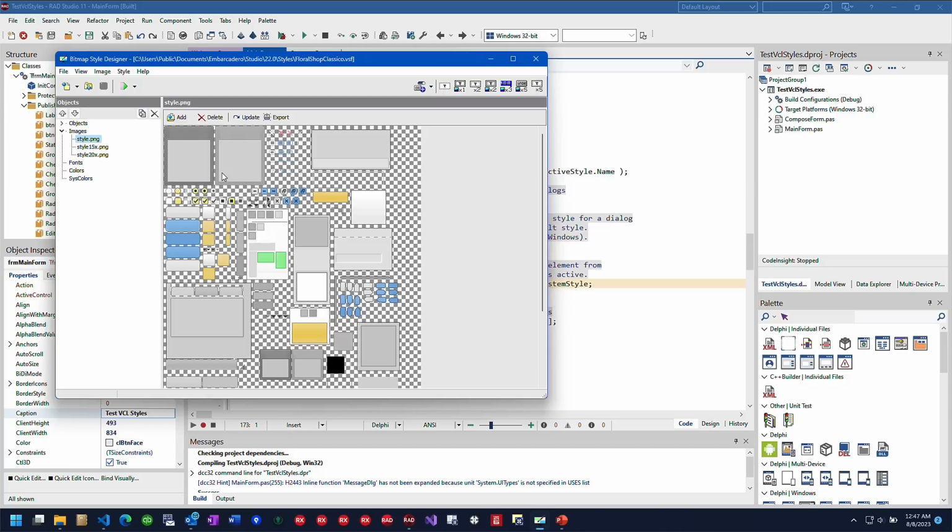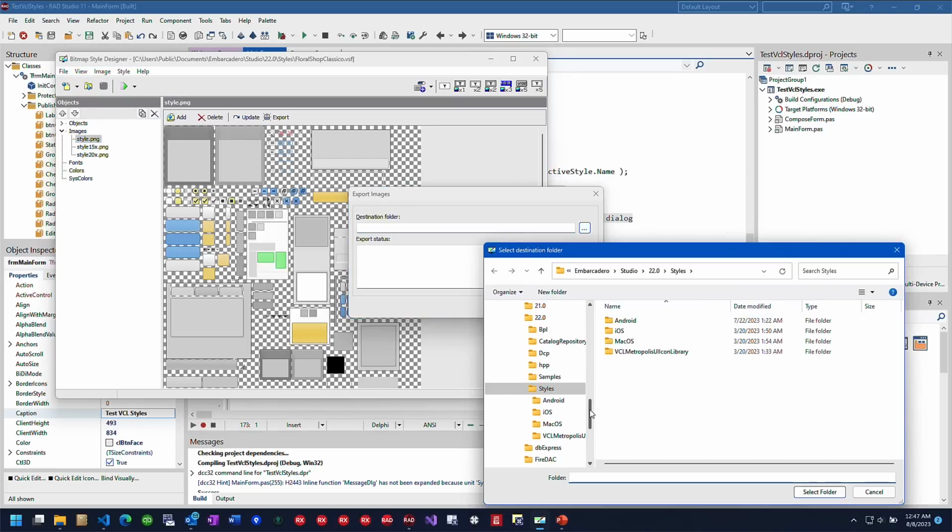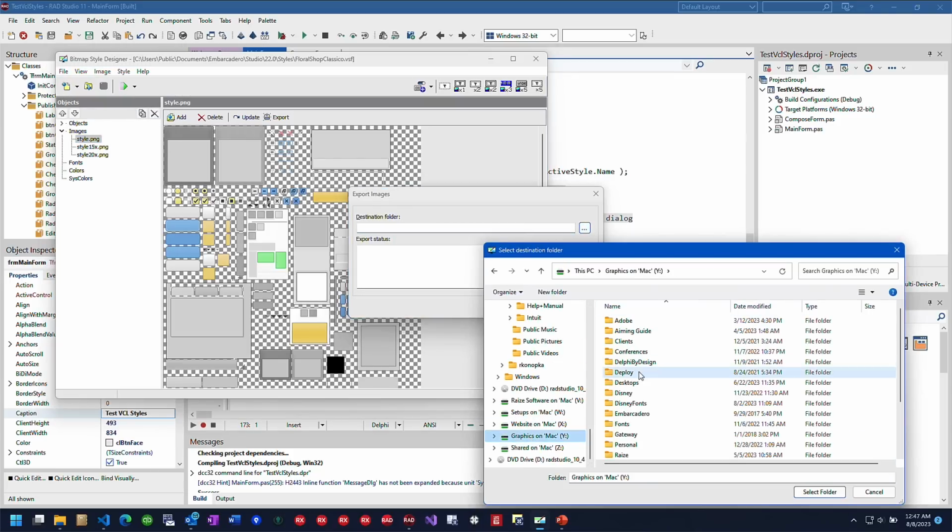But what I want to do is basically keep the general look of the borders and the buttons to be the same, but I want to change the coloring, which is a really common thing to do. So the first thing I need to do is export these styles. And so if I go and pick on these and do my image export, I'll start with the first one, and I'm going to navigate to my graphics directory because I have to switch over. I'm going to use